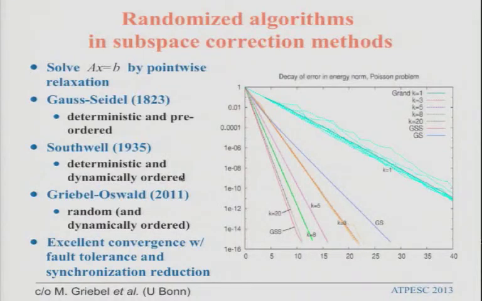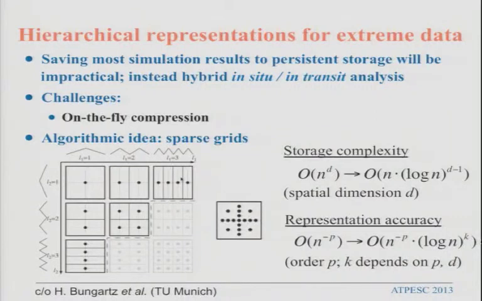We mentioned a little bit about hierarchical representations. This is another little goodie to throw in before the questions. We talked about saving huge data sets. If we save the cardinal value of every field at every point, that is a huge data set. But if we use a little bit of math and find a better basis with which to reinterpret the smaller number of bits that we store, we can get the same quality of representation,